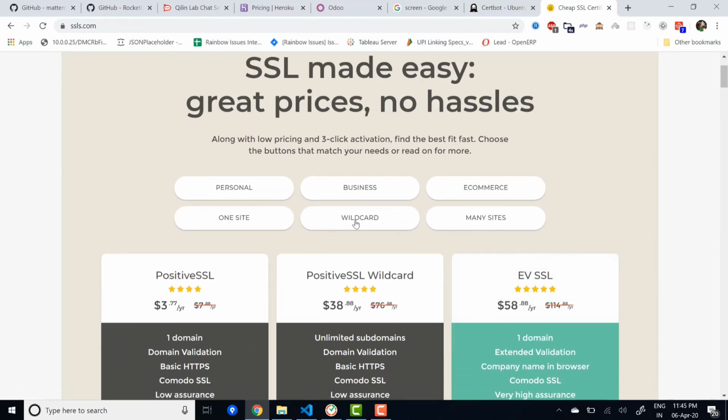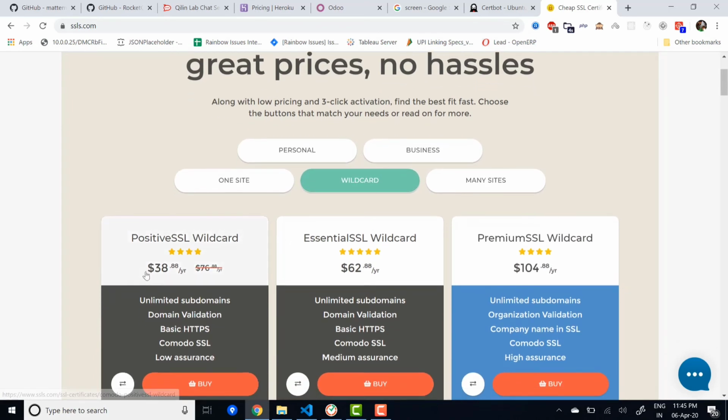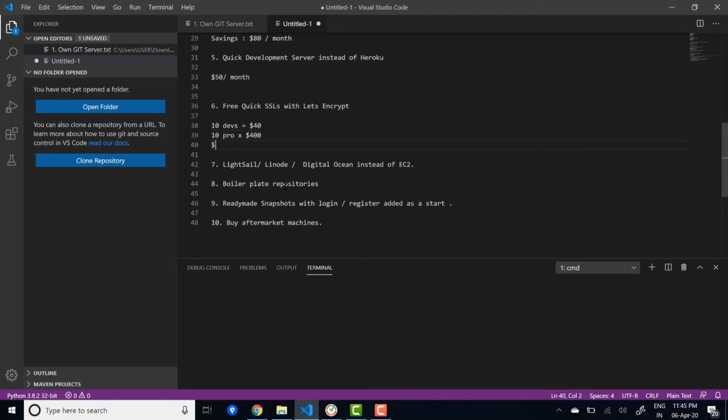If you're using wildcard SSL, then for all your subdomains you can use a single SSL. But it's something around $40 for one. So for the development environment, I guess you only take one SSL, which is $40, and for production environments you take 10, which is maybe something around $400. So you can save a whopping 300 on an average. It shows 440 here, but I would take 300 on an average for a company on SSL certificates.